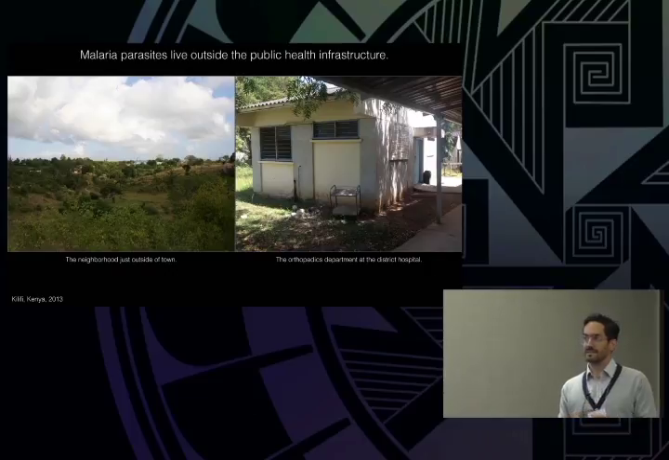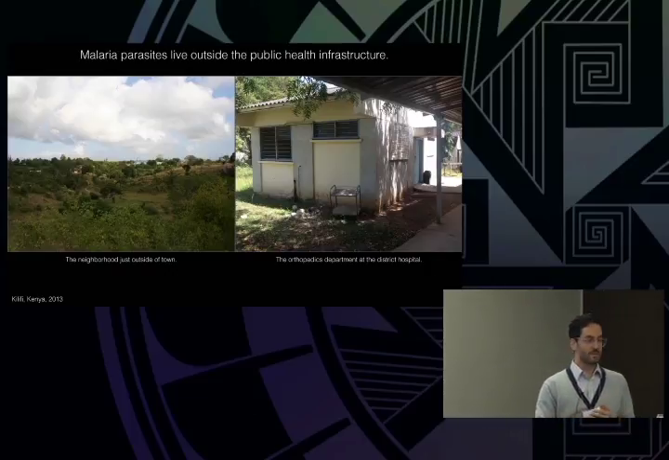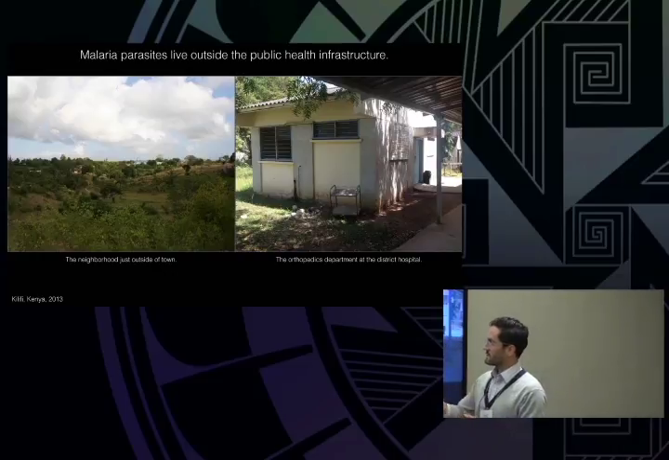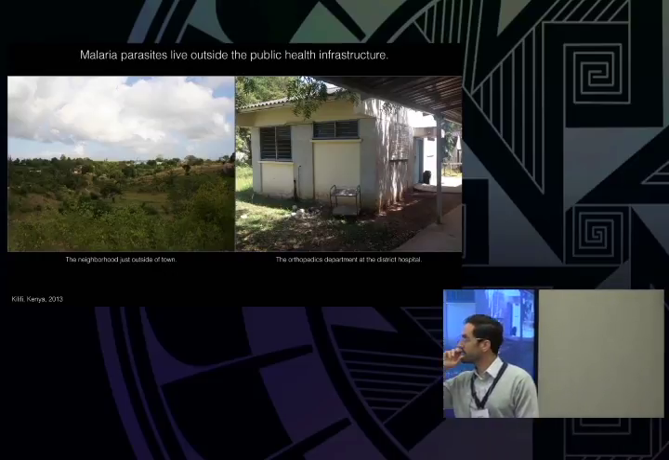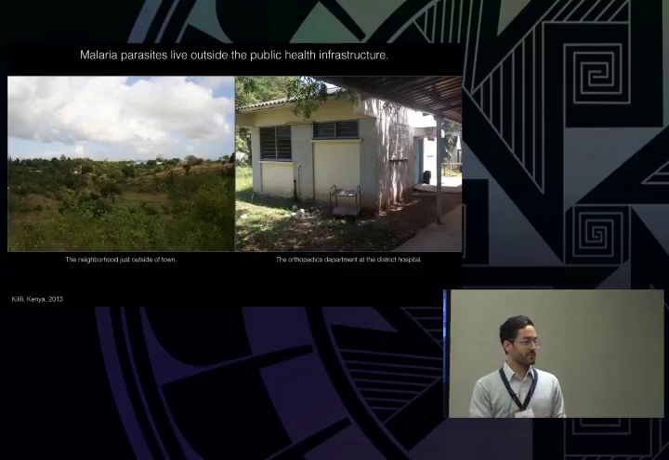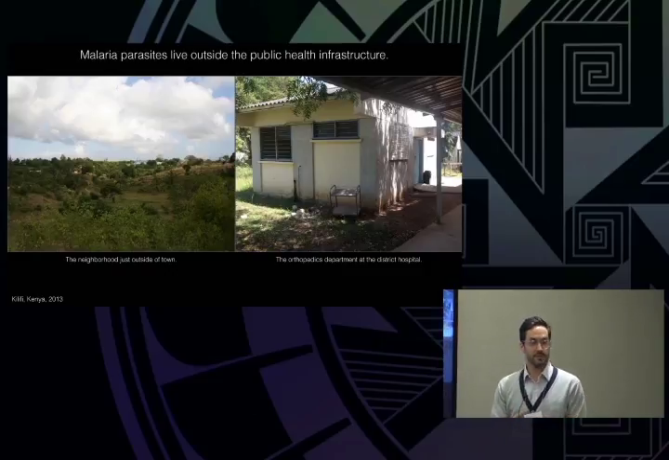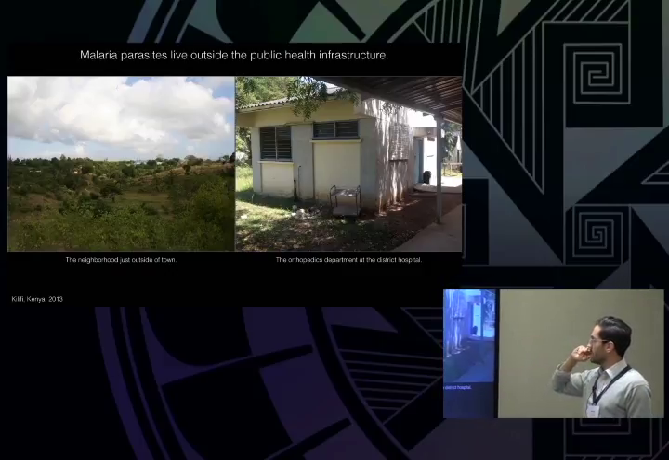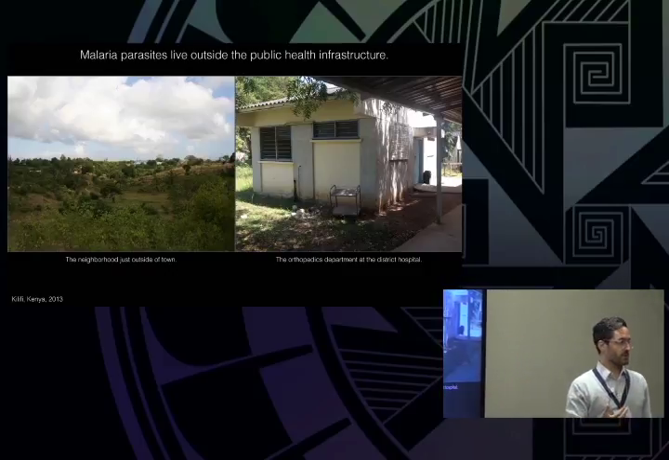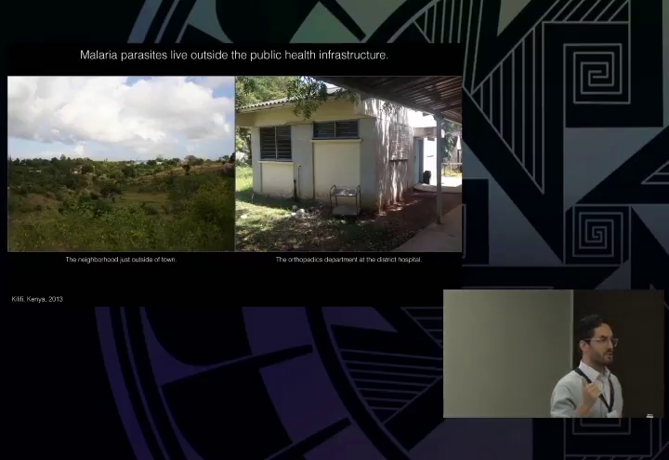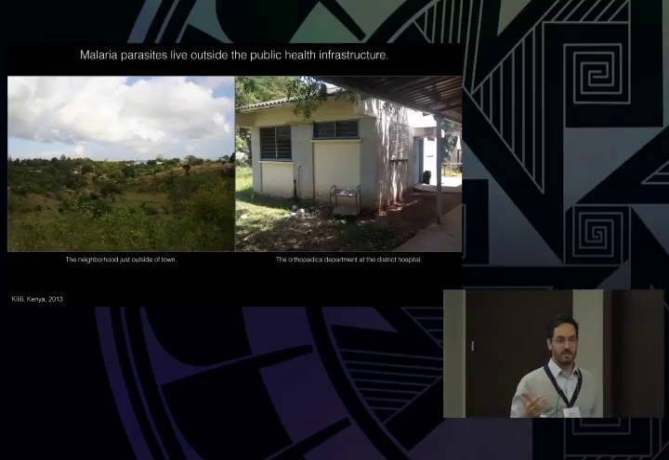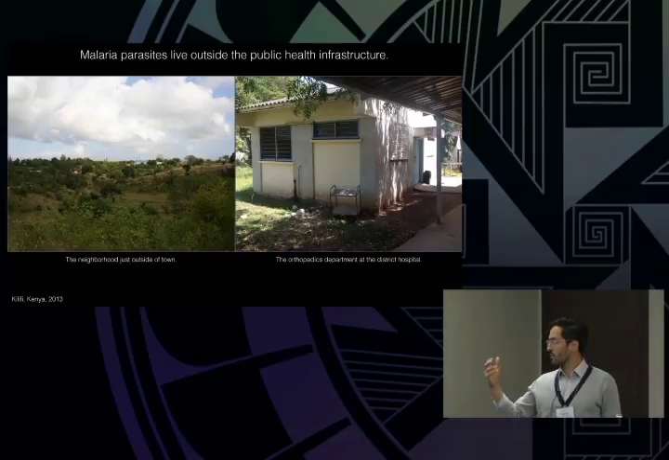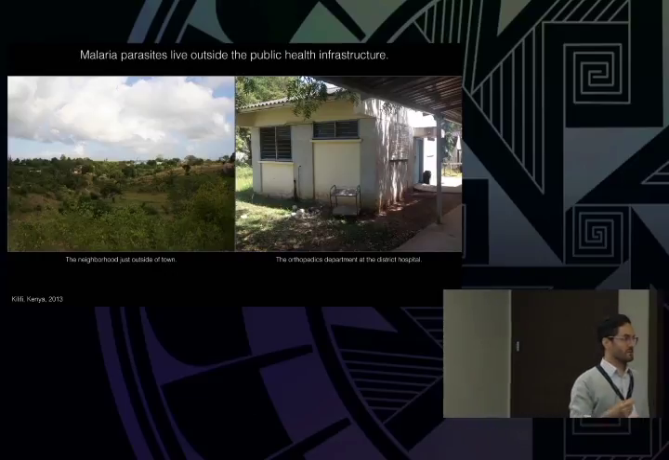So malaria continues to be a problem, and one of the reasons has to do with the fact that malaria parasites live outside the public health infrastructure. Some of my work was done in Kenya, and the neighborhood just outside of town looks basically like this. There's not a huge road infrastructure, there's not a great public health infrastructure. The hospital that I was working at, this is a photo of the orthopedics department. It's not exactly a strong-looking orthopedics department. And one of the reasons that I'm showing you orthopedics instead of parasitology or infectious disease is the fact that a lot of the folks were waiting outside those other departments, so